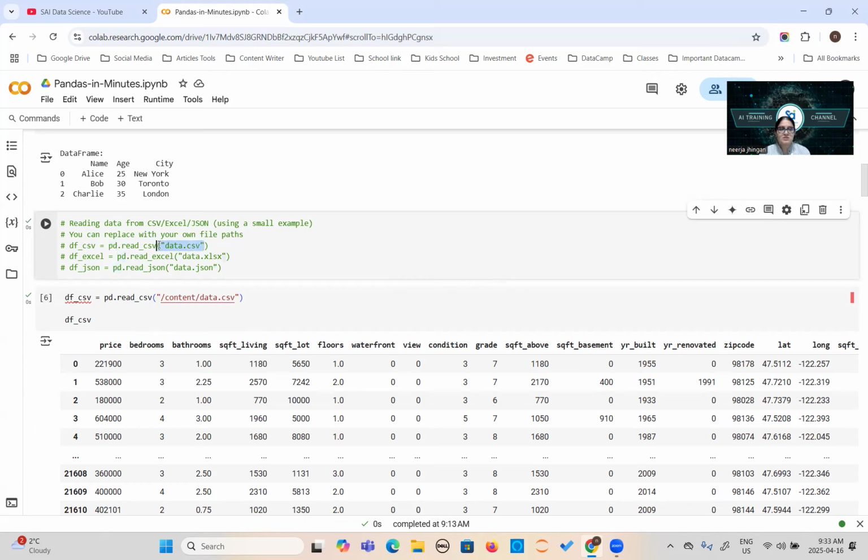If your data is in the form of a CSV file, use read_csv. If your data is in the form of an XLS file, then you can use read_excel. If it is in the form of JSON, you can read it using read_json. You don't need to make any custom method. That's why you are using pandas actually. This is the biggest reason.